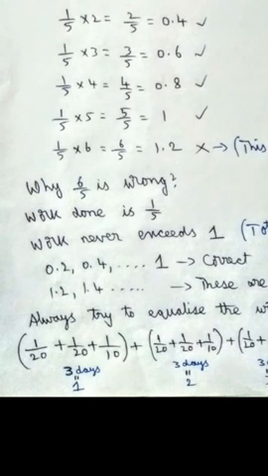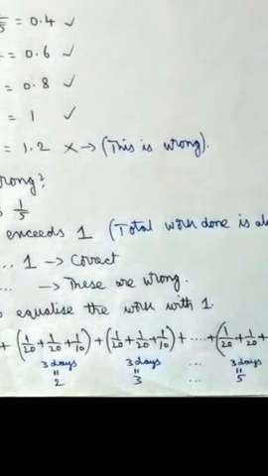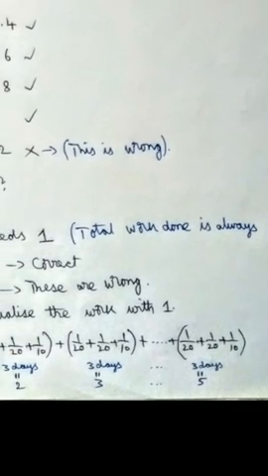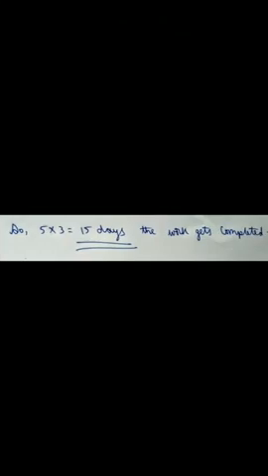Now 1 by 20 plus 1 by 20 plus 1 by 10 for 3 days equals 1 by 5, and multiplied by 5 that equals 1. Like this we have written up to 5. So 5 into 3 equals 15 days. The work gets completed in 15 days. The number at which we have achieved 1, that number should be considered. What is that number? That is 5. What is 5? 1 means 3, whereas 5 means 5 into 3. Like that we have to do.